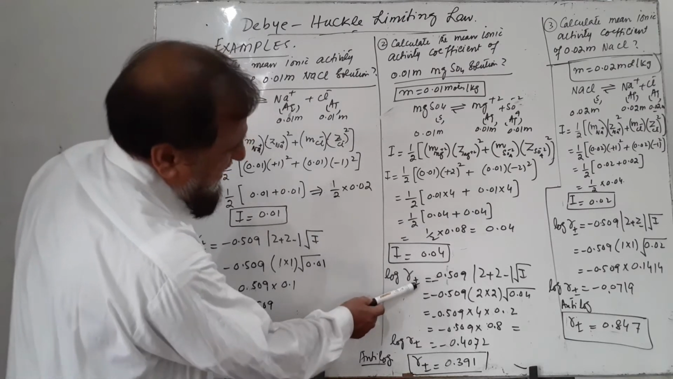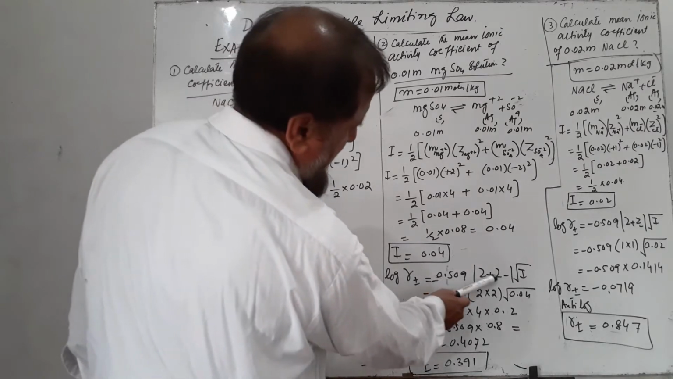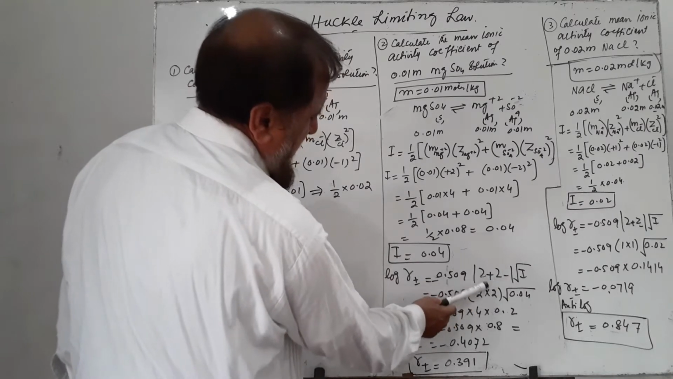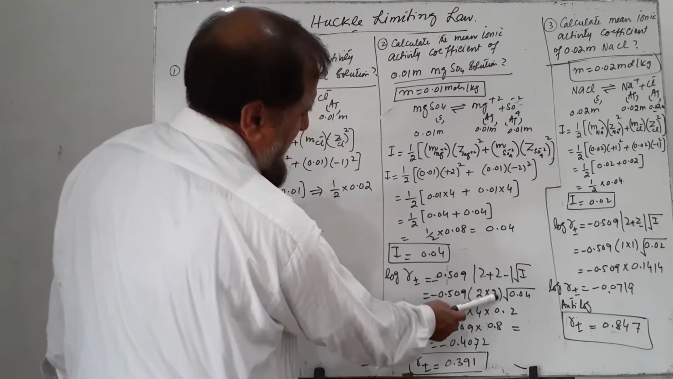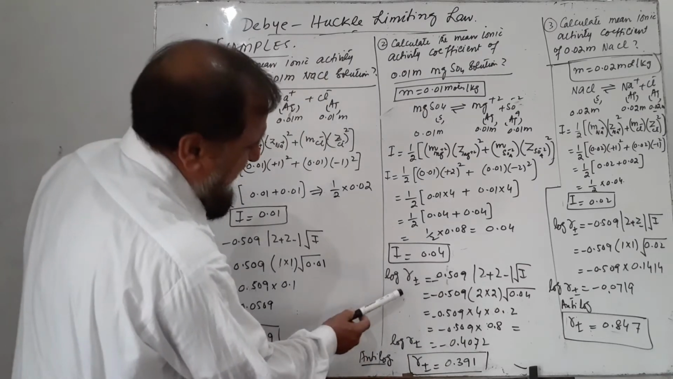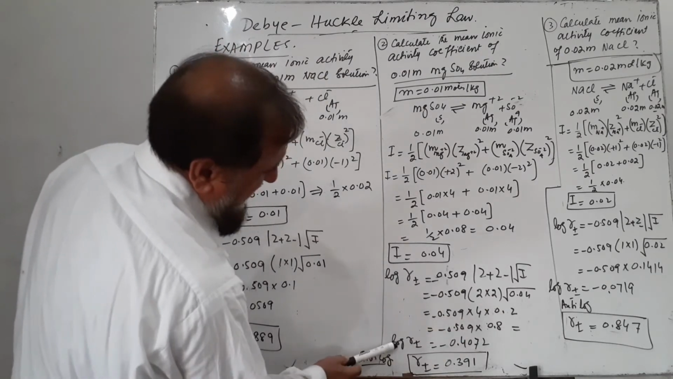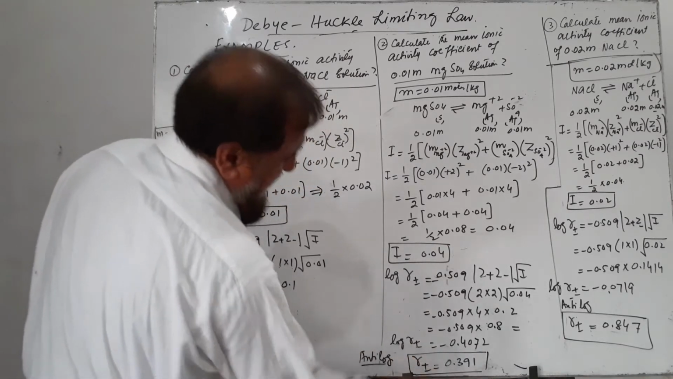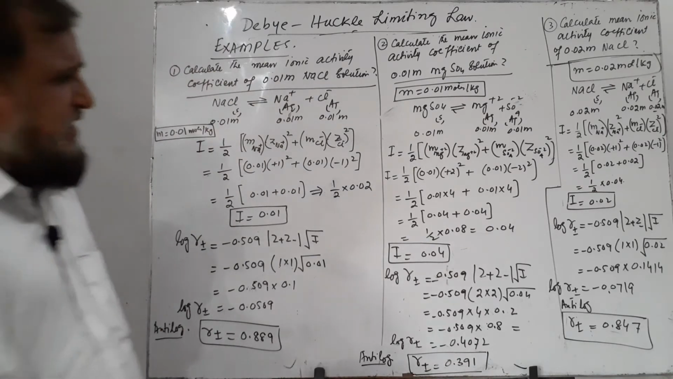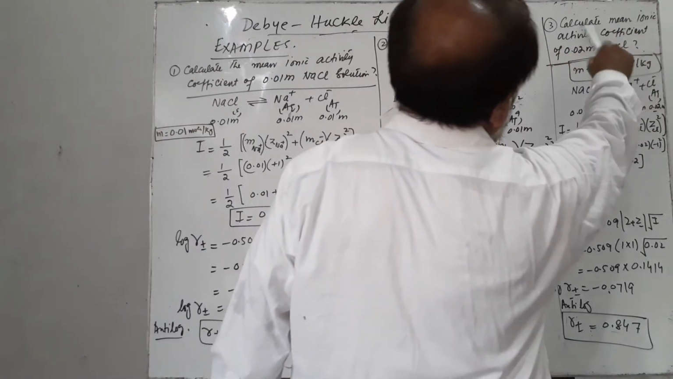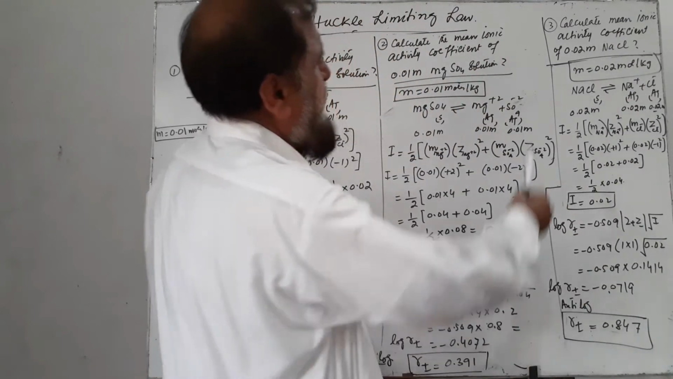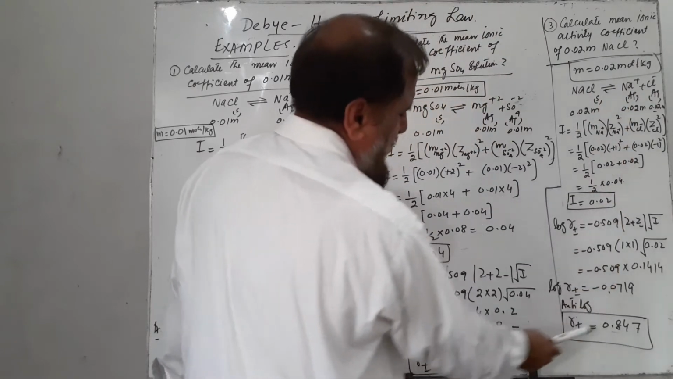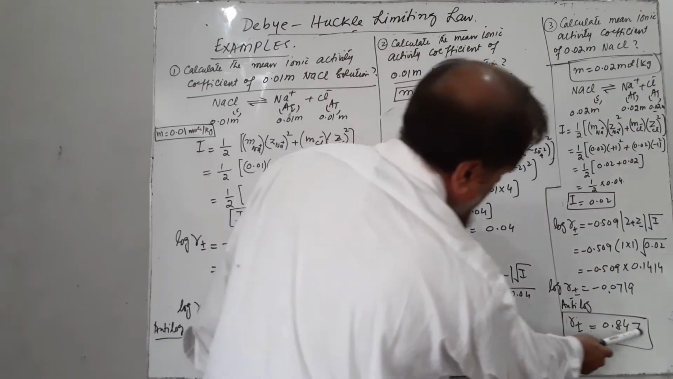Now log gamma plus minus is equal to minus 0.509 z plus z minus into square root of I. Putting the value of ionic strength and z plus z minus, the positive ion has 2 valency, and the negative ion also has a valency of 2. Therefore we put the values and we get log gamma plus minus 0.4072. Taking anti-log, we get gamma plus minus is equal to 0.391. The third example is to calculate the mean ionic activity coefficient of 0.02 molar sodium chloride solution. We perform the calculation in the same fashion and we reach the result gamma plus minus is equal to